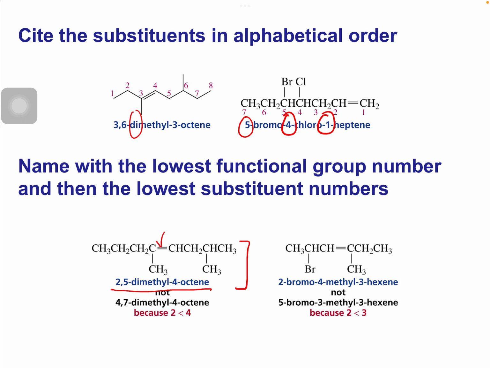So, pang ilang rule na to, name with the lowest functional group numbers and then the lowest substituent numbers. Okay, ito kasi, ang condition naman kasi nito ay, ito, like, so, i-check natin kung bakit naging 2,5-dimethyl-4-octene siya. So, yung double bond siya yung mag-dictate ng direction. So, this is 1, 2, 3, 4, 5, 6, 7, 8. So, you have 8. That's called octene with the double bond. Now, where is the double bond located? It's between 4 and 5. So, it will become 4-octene. Now, meron tayong